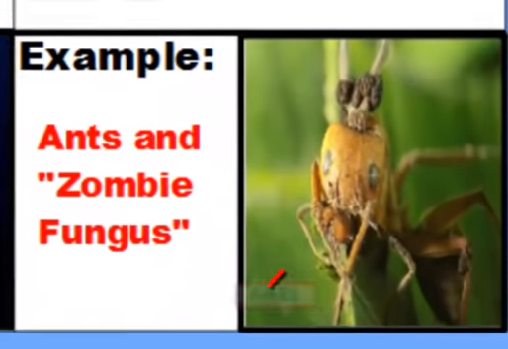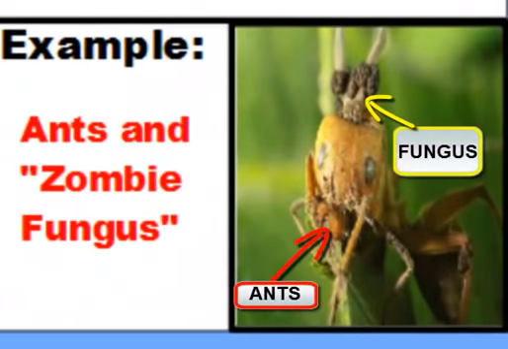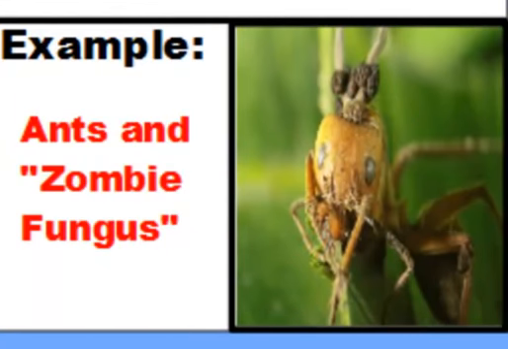In our example here, we have ants and a zombie fungus called cordyceps. And what will happen in this relationship is this. The cordyceps fungus spores will get inside of the ants and then cause the ants to do some weird things. And eventually the ants are going to crawl up a twig, latch onto the twig, and those spores will then start to create a brand new fungus inside of the ant, and the fungus will actually grow out of the ant, killing the ant and then using the ant for food. As you can see, the zombie fungus, so to speak, benefits because it's getting food and a host to help supply itself with nutrients so it can grow and develop. And unfortunately for the ant, it dies.